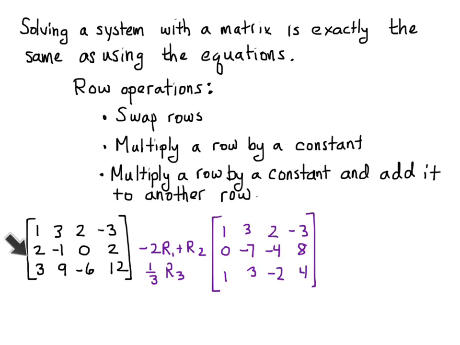Now this row, what I've decided to do is just multiply it by 1/3. And so 1/3 times 3 is 1. 1/3 times 9 is 3. 1/3 times -6 is -2. And 1/3 times 12 is 4. So you can take these intermediate steps to make things simpler, because now all we have to do to get rid of that third row is to add, and I'll continue this,